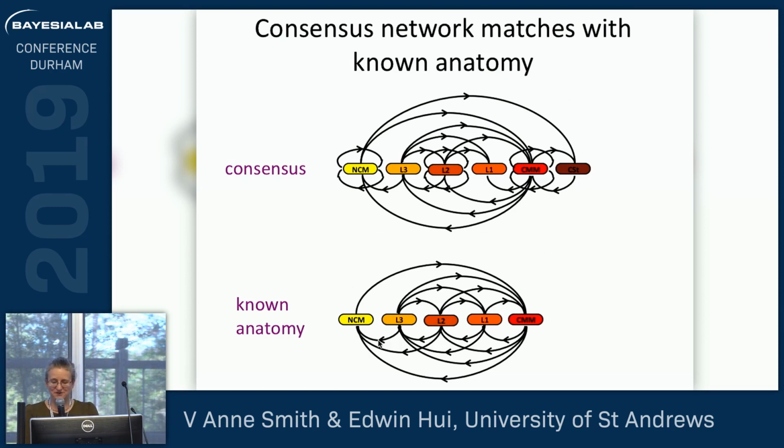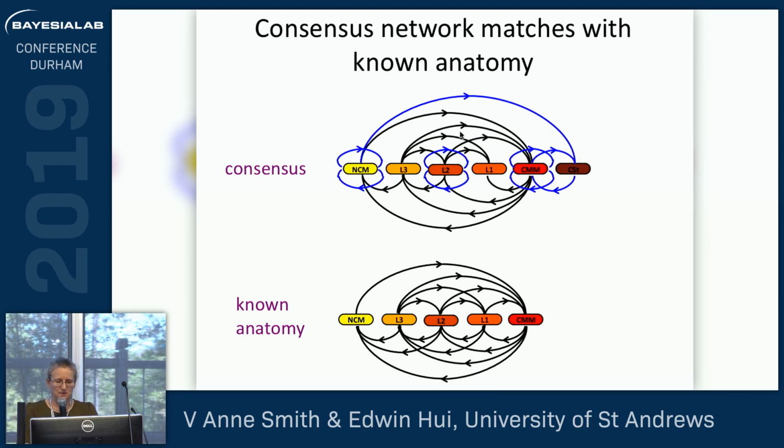All right, so we combine those together to get a consensus network that we've recovered, and we can compare this to the known anatomy. Well, you may first see that there are a couple links here that we don't have in the known anatomy, but these are actually unknown links. So there was a region that we recorded from that they don't actually know how it's connected. So these links, that there and that there, represent hypotheses about where the neurons should be going, the axons.